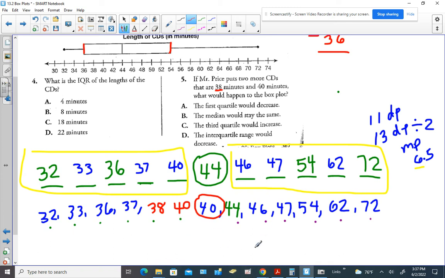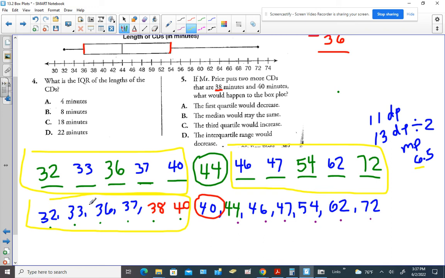Now let's use our hypothetical situation of throwing in these two extra numbers to go through these answer choices to see if there are any we can eliminate or say, yeah, that happened in our hypothetical situation. So let's look at choice A. Actually, before we even do that, let's look at the new quartile. The new quartile, if we examine with the new numbers slipped in there,